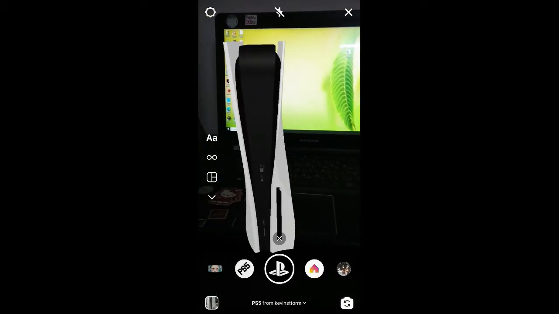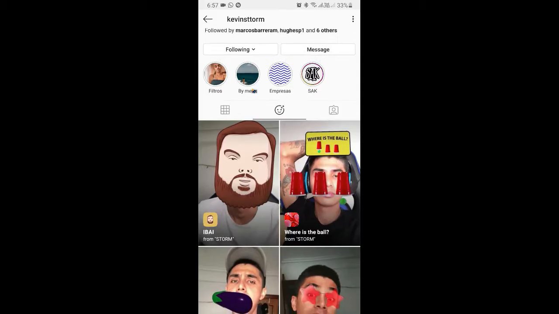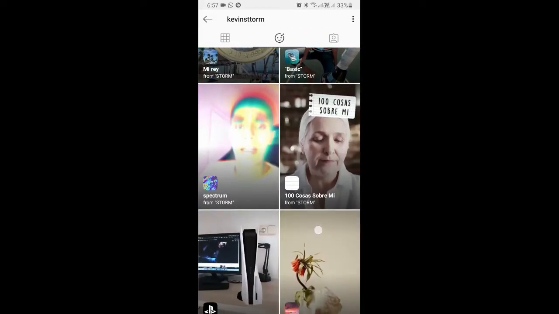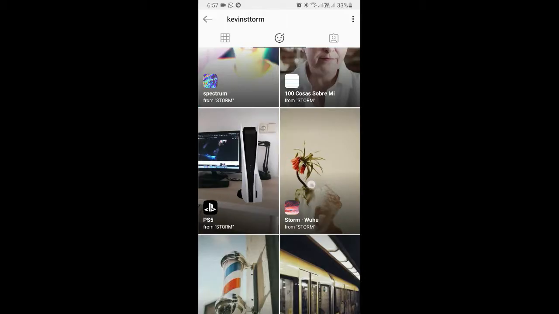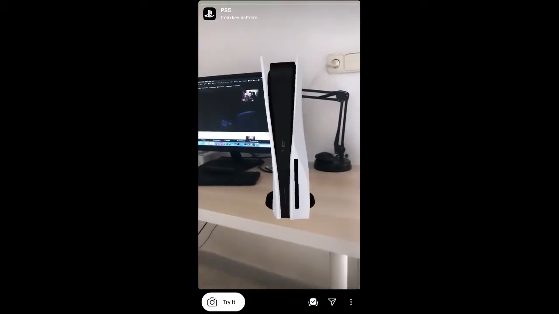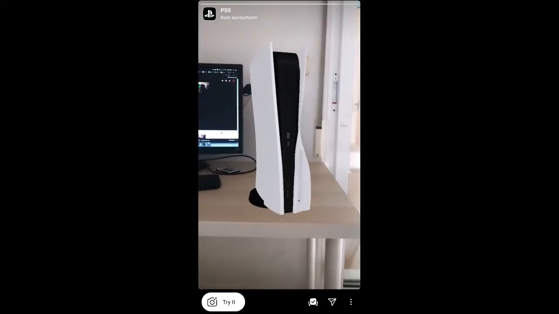Okay, likewise. And to get this filter on Instagram, you can visit the creator's profile. Kevin Storm is the creator of this filter. You can follow him to unlock all his filters in your camera tray. He has some awesome filters. So check his filter gallery, and this is the filter PS5. Tap on it and you will see this preview. From here you can save it to your Instagram camera tray and you can tap on Try to try the